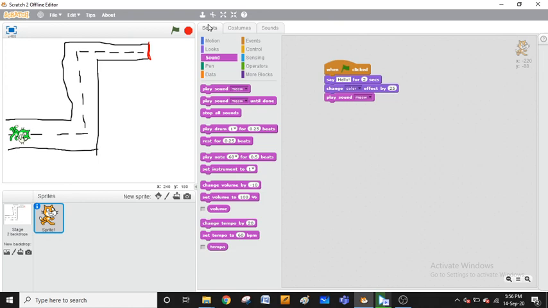Next class I'll tell how to change the backgrounds and how to change the sprite also. I hope all of you understood this class. Next class we'll discuss how to change the sprite and the background of the particular stage. Based on this, I'll upload one assignment. For those who have the textbook, this assignment is already given. You try this using the motion block and say block.